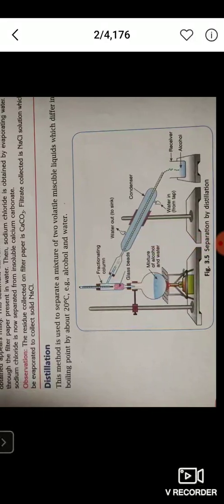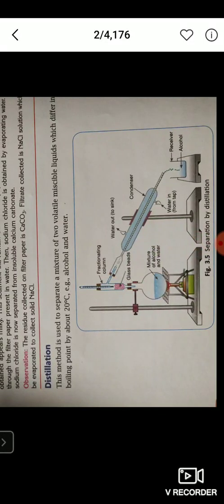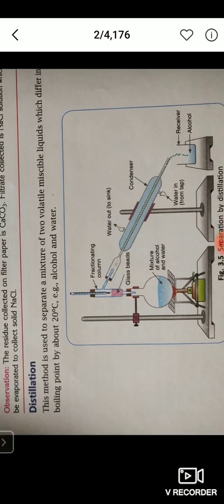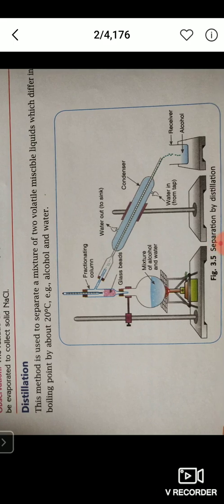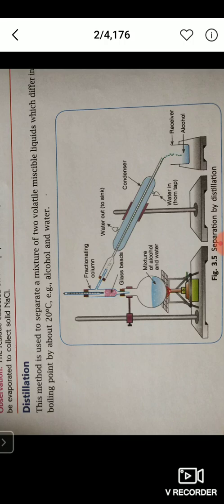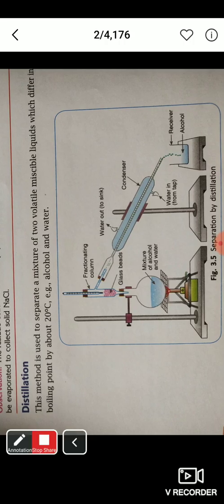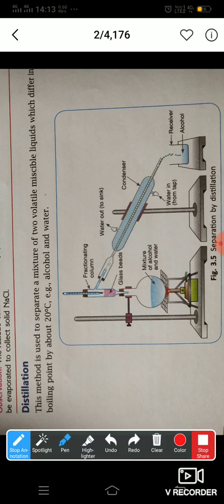Now, once the temperature starts rising above 60 degrees Celsius, remove the beaker. Allow some of the drops of the liquid coming out to be collected in another beaker till the temperature crosses 80 degrees Celsius and then stop heating. Because now what happens is whatever liquid is left behind in the round bottom flask is pure water.